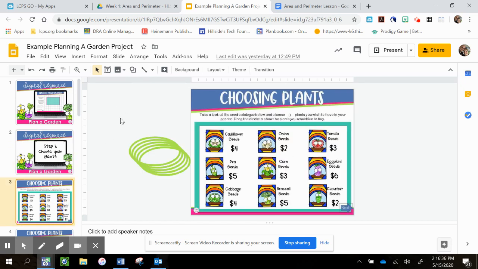So what you're going to do on slide number 3 is you're going to take a look at the seed catalog and you're going to choose 3 plants that you want to have in your garden. So we're going to drag one of the circles over to show the plants we're going to buy. And actually, I'm going to write down the plants I'm going to buy and their cost on a piece of